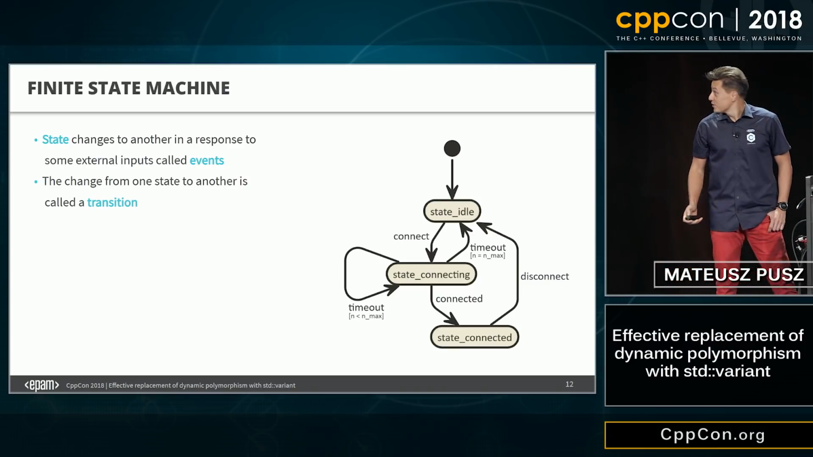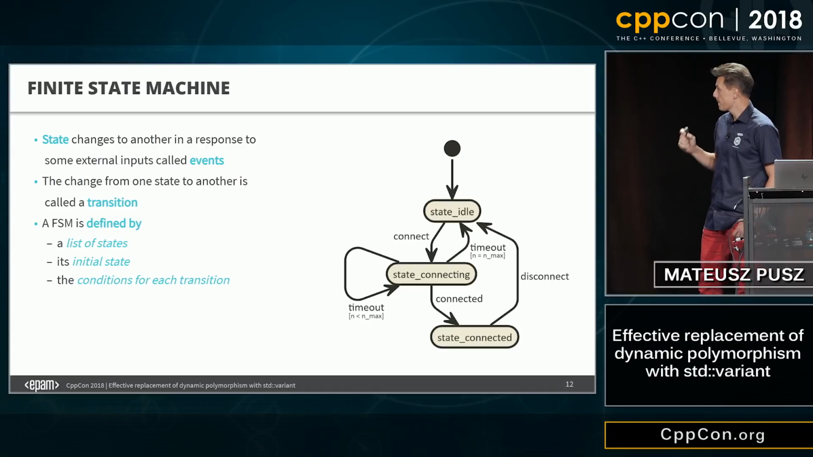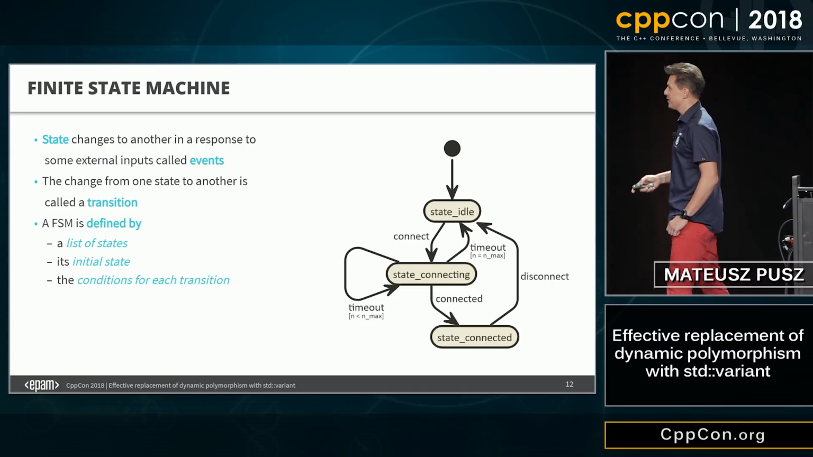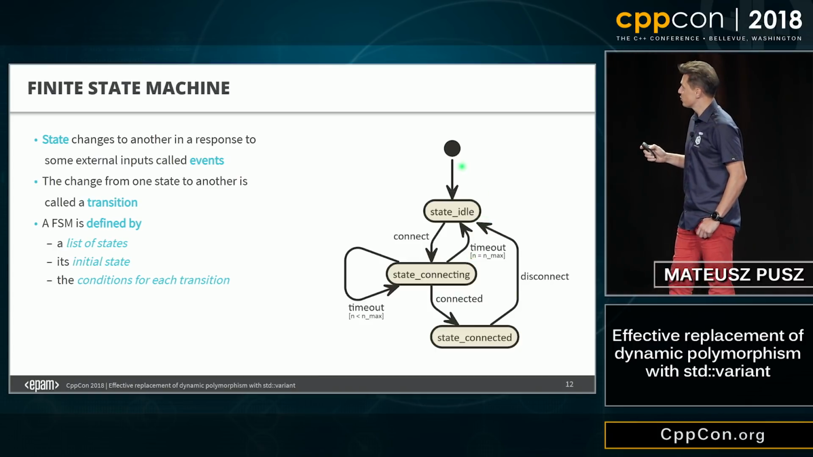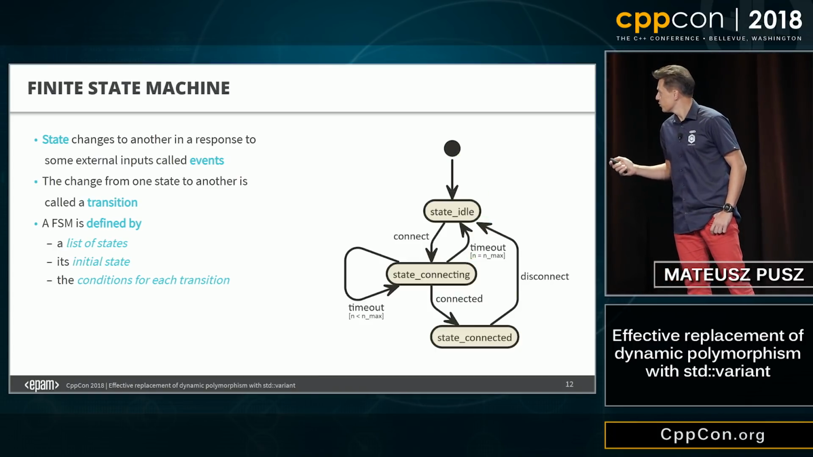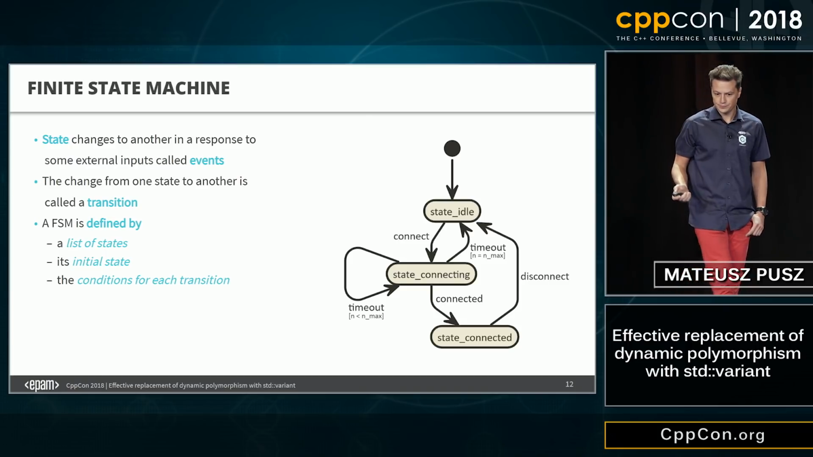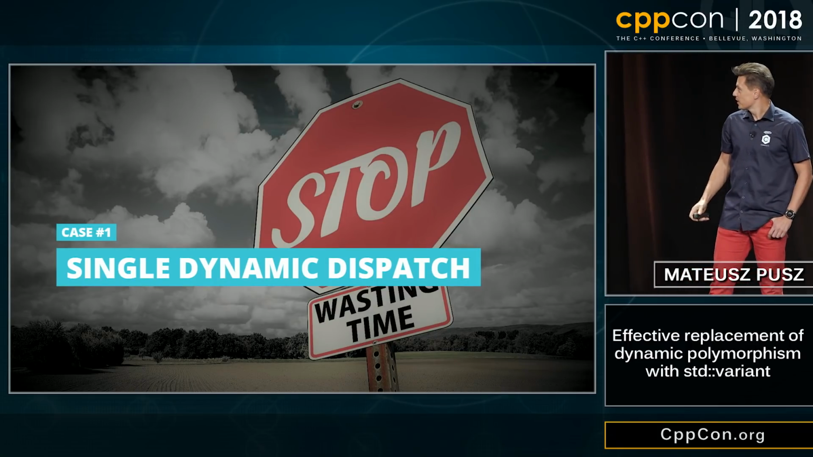The change from one state to another is called a transition. This is defined with a list of states, the initial state marked with this circle here, and conditions for each transition. So, case number one,